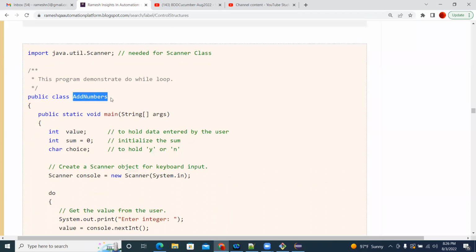So I want to add numbers until I choose my choice no. If my choice is yes, you go and enter the value, one more number, all entered numbers, the sum you need to get. That's the program. So what is the program you need to write? Write a program